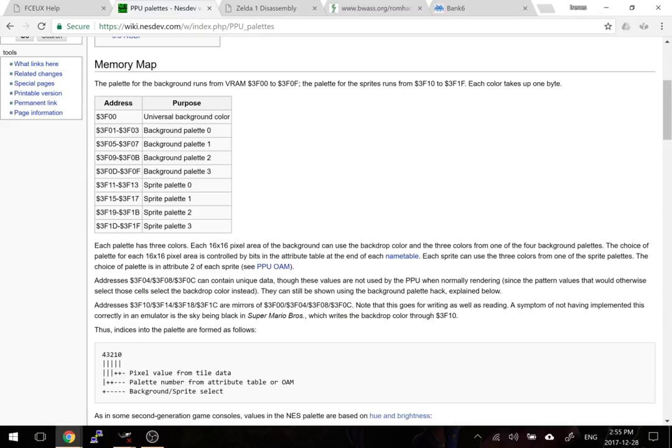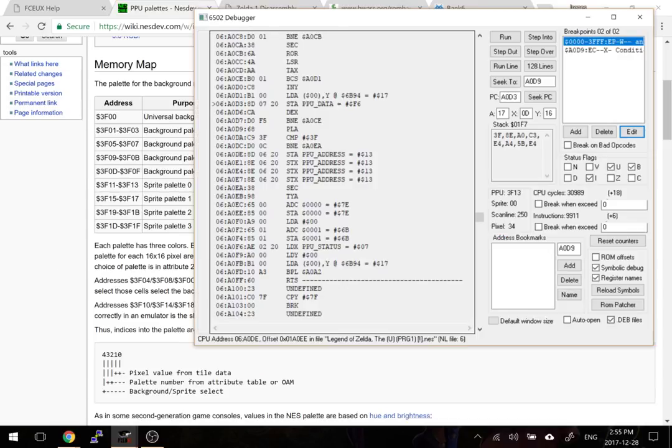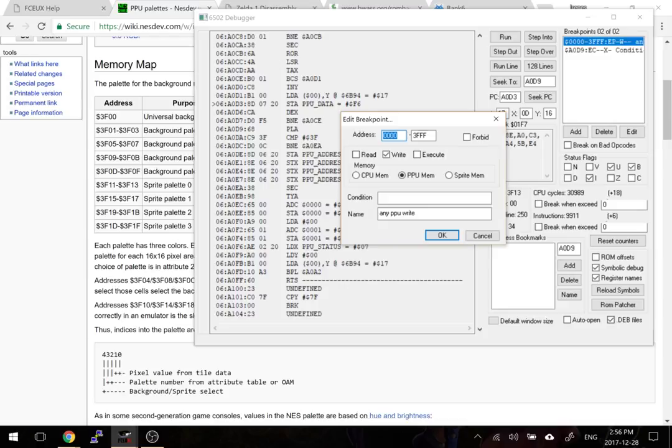Okay, so 3F09 through 3F0F. Let's see if we can remember that for 2 seconds while tabbing out. 3F09, 3F0F. This is going to seem comically inept to anybody watching because it's taking us a long time to get to something that feels like it should be obvious, but